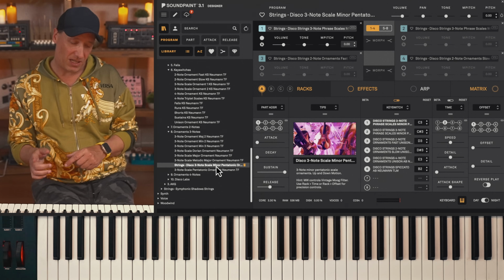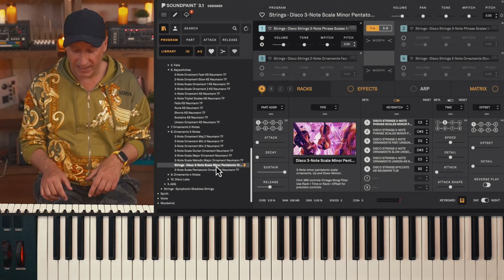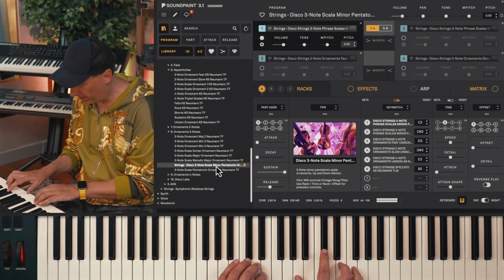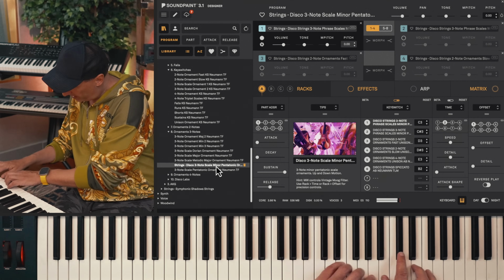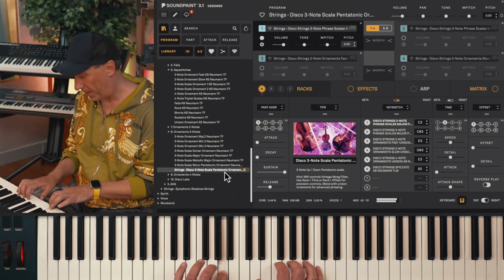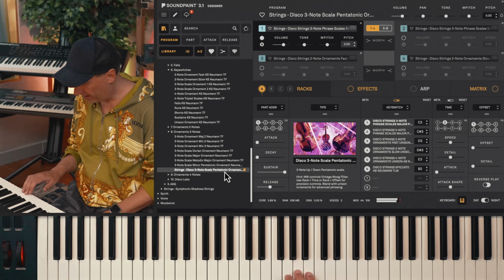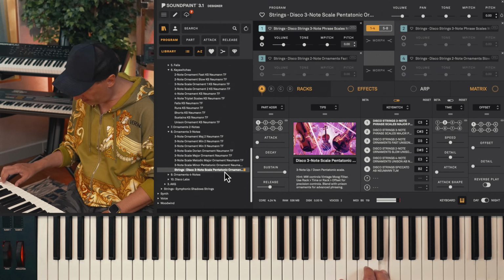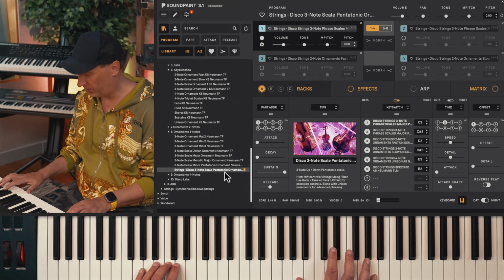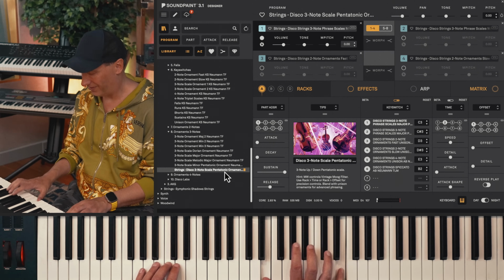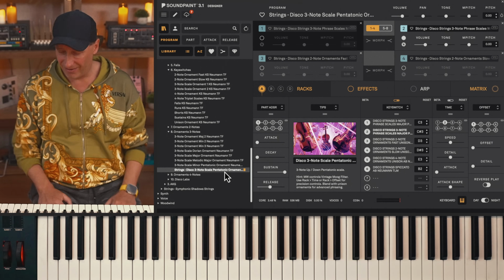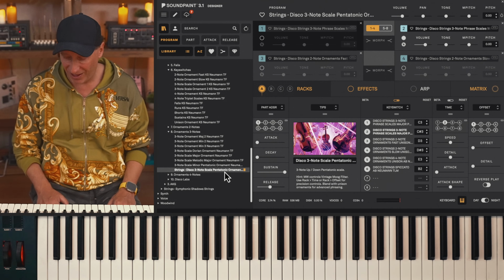And it's also fun sometimes, because we're in scales, to play them polyphonically. So when you follow the scale on the keyboard, let's say with 3 notes. And another example of the classic pentatonic scale. Right? That is as disco as it gets. You know, we're there. We've arrived at the terminal of disco.